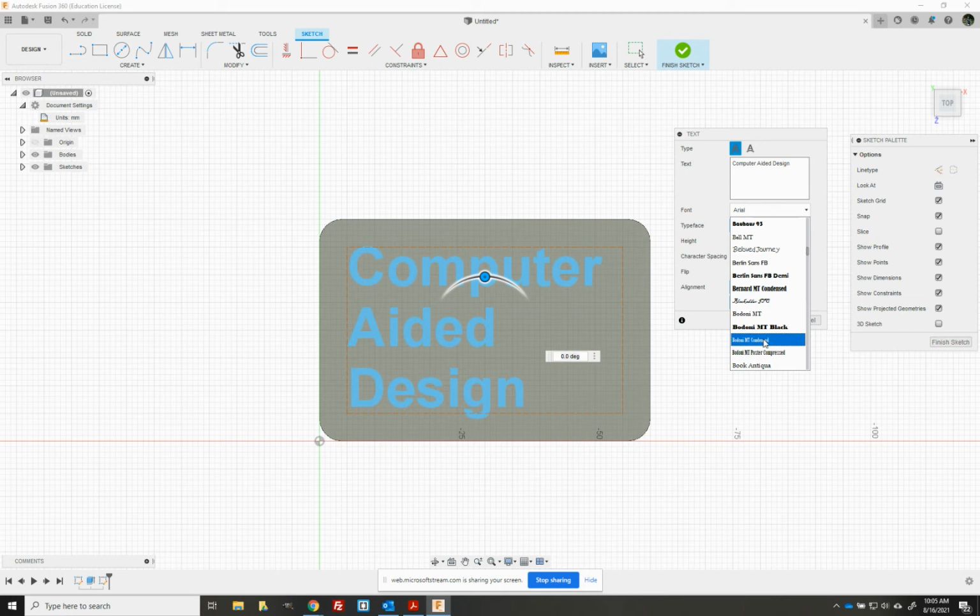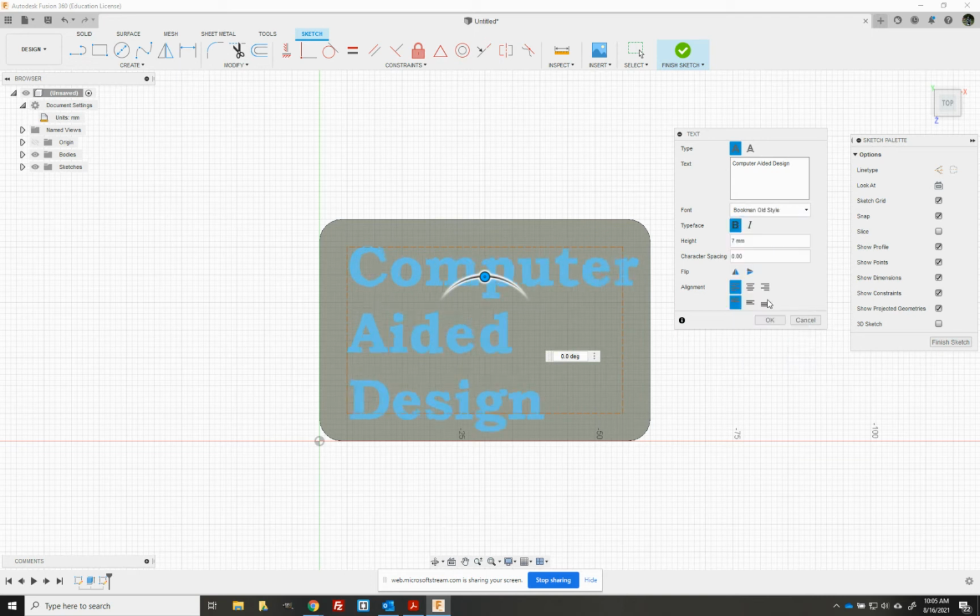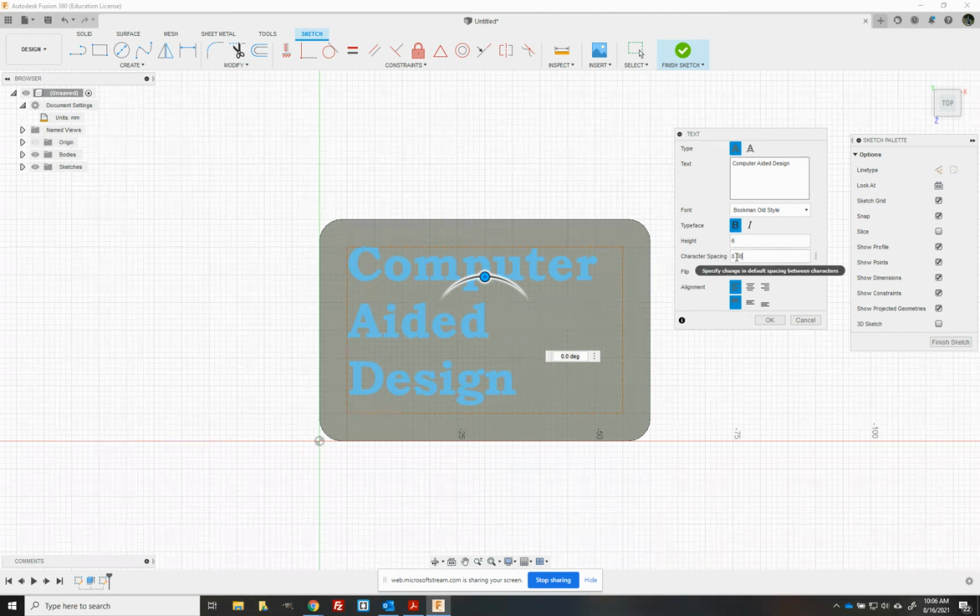Let's go to an old style. All right, so notice how my font changed a little bit. It got bigger. It's a little bigger than I wanted. So let's change it to 6. Okay, that's not bad. I can increase the spacing of the characters a little bit